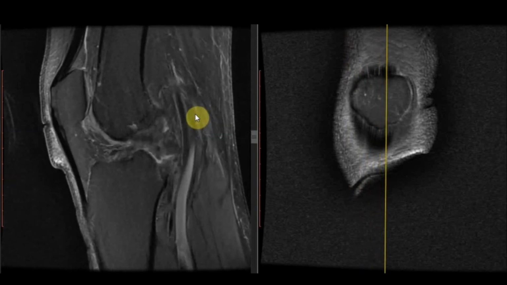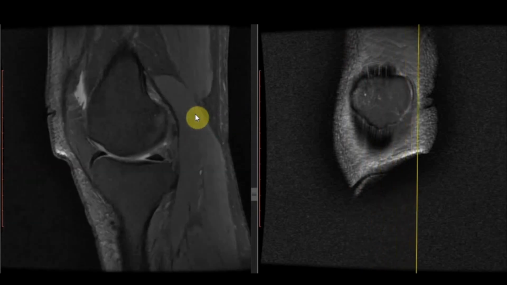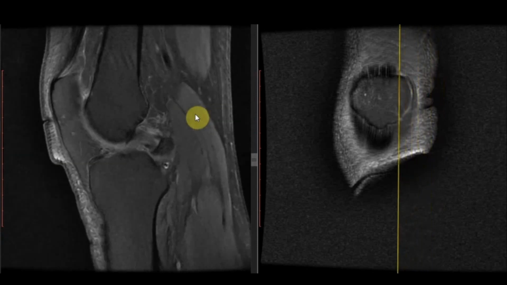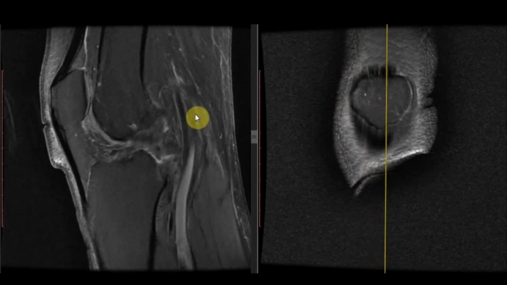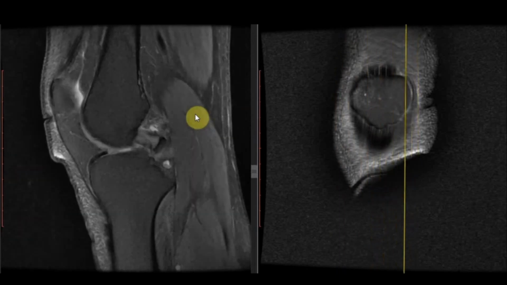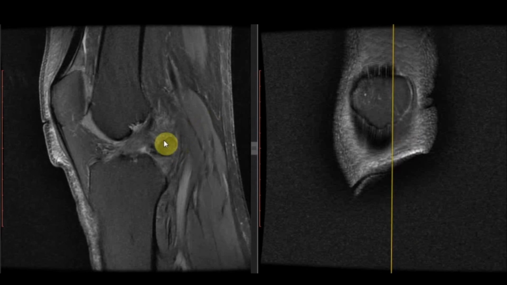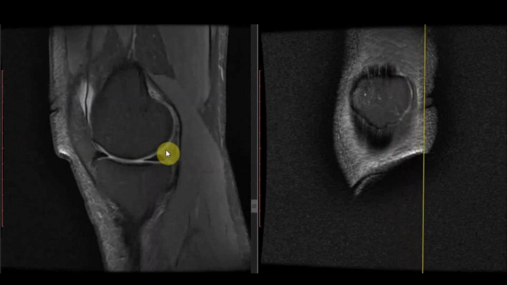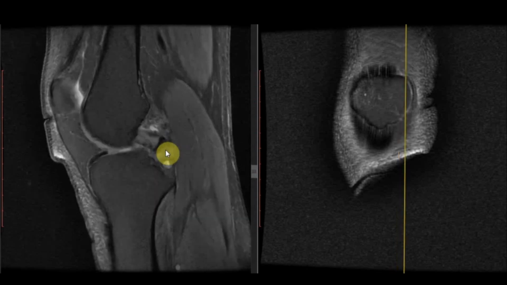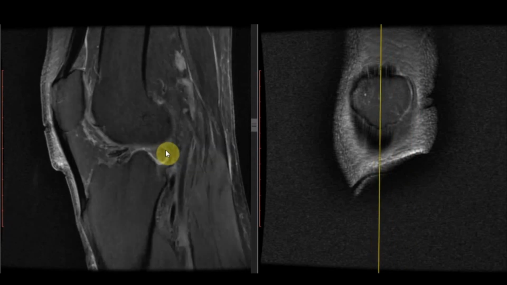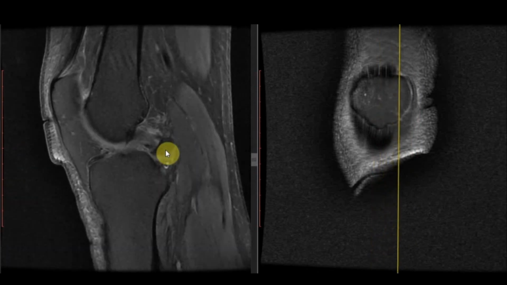This is a case of 39-year-old male, and he also presented about 1 month after trauma, and there is a large bony fragment present here near the tibial attachment site of posterior cruciate ligament. So the tibial attachment site of PCL is completely avulsed along with a bony fragment with it. So there is avulsion fracture involving the tibial attachment site of posterior cruciate ligament.